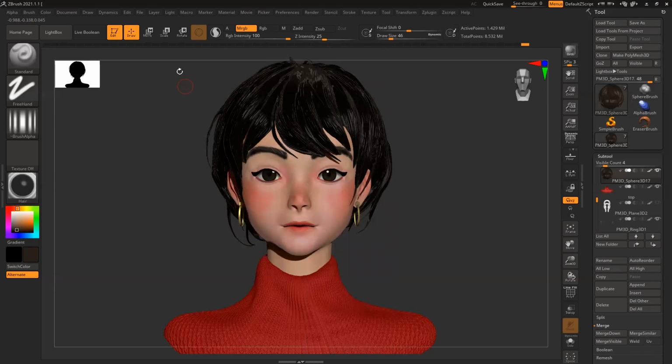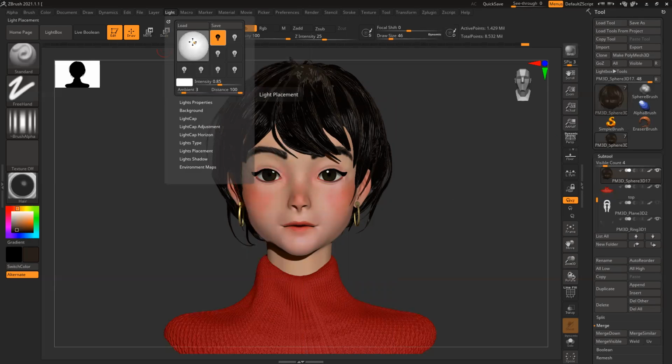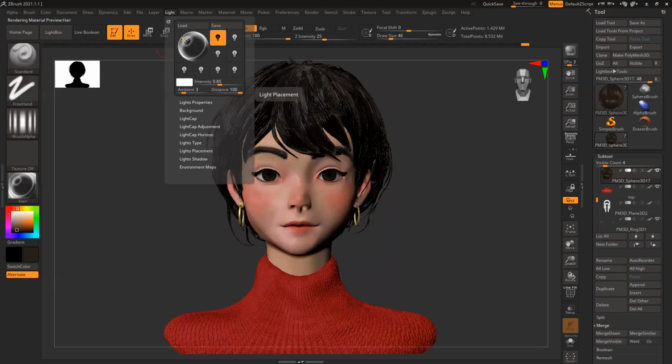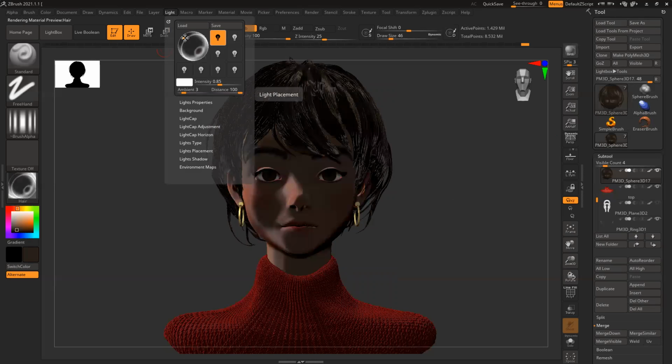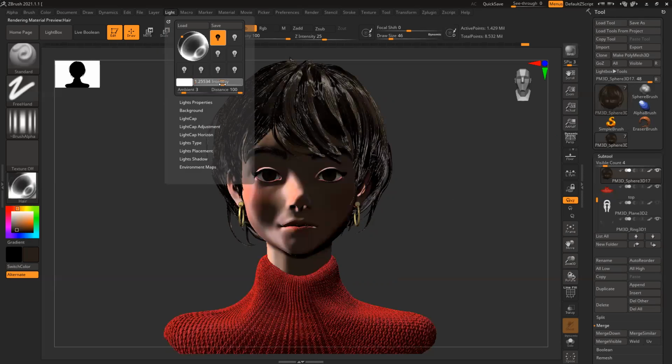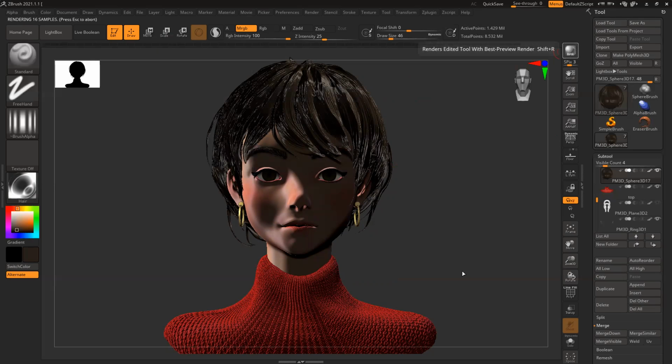Now I want a rim light. So what I'll do, I'll go to lighting. I move it back. Click again. If you click, the light goes to the backside of the sphere. Then I can place it wherever I want, and I can increase the light intensity. Usually rim lights are pretty strong. So I can have one light and render it one more time.